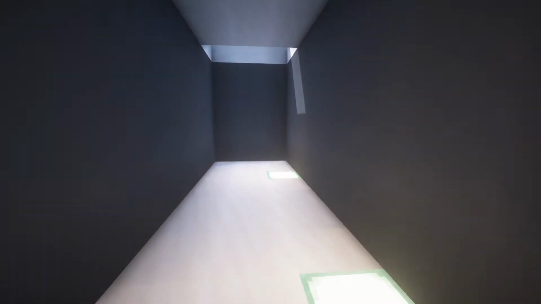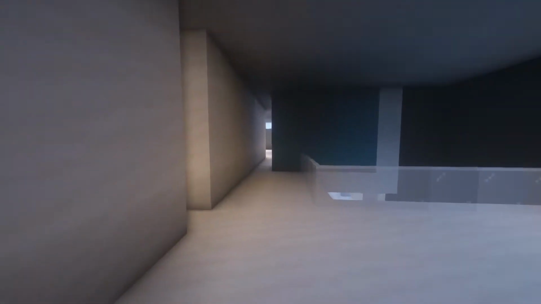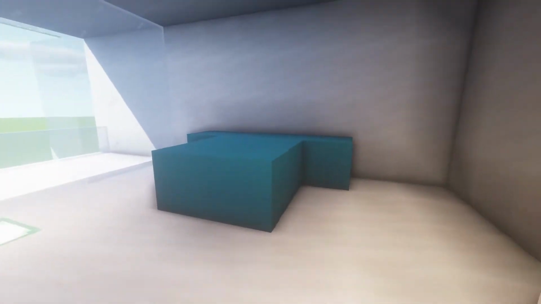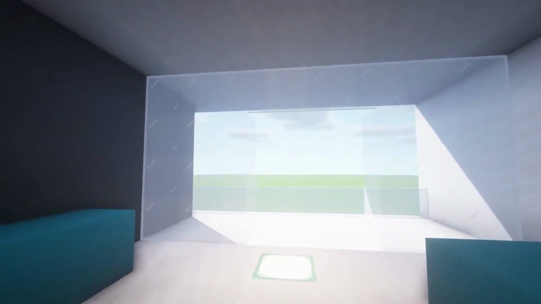So here we can have a bathroom for the people who are in the second floor. We have the window there, you can put the shower here, the toilet, the sink. At this side we have the bedrooms at the sides of the bathroom. So here we have this door where we can have here the closet. Also here we can have the TV, and here we can have the bedroom, the bed, with 2 nightstands at the sides. And here we have the glass to allow the light to come through into the bedroom and illuminate